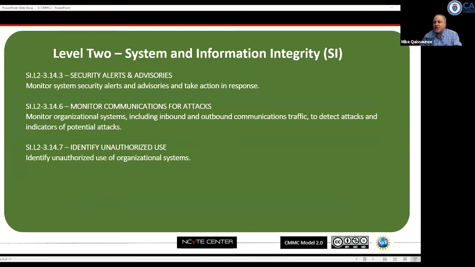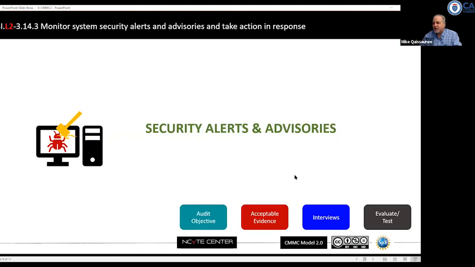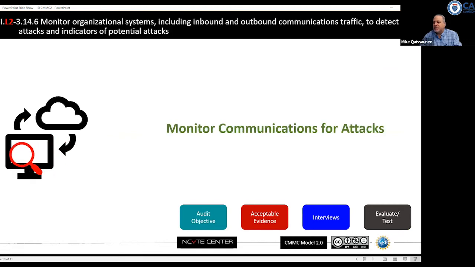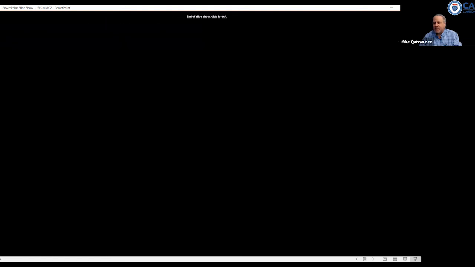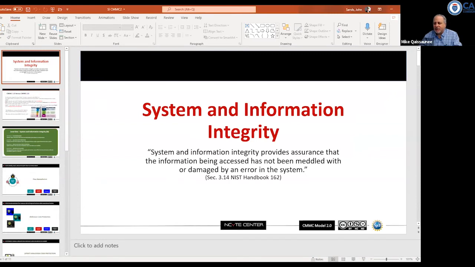And again, some of our intrusion detection systems are built in to do this and look for indicators of compromise or indicators of potential attacks, and then identify unauthorized use of organizational systems. All right. I'm not going to go through these, but you'll see again, some of the items are the same here. Okay. All right, and then lastly, I'm going to hand it off, but before I hand it off, I just want to go to